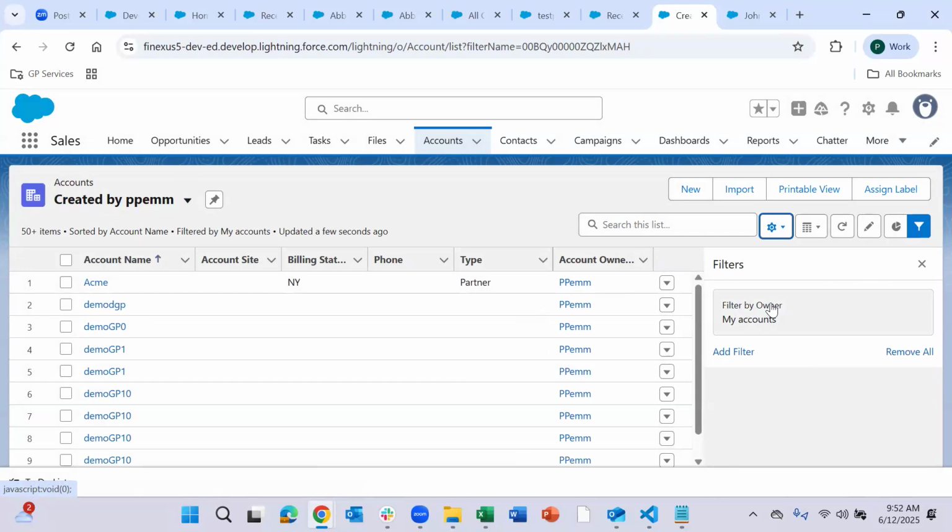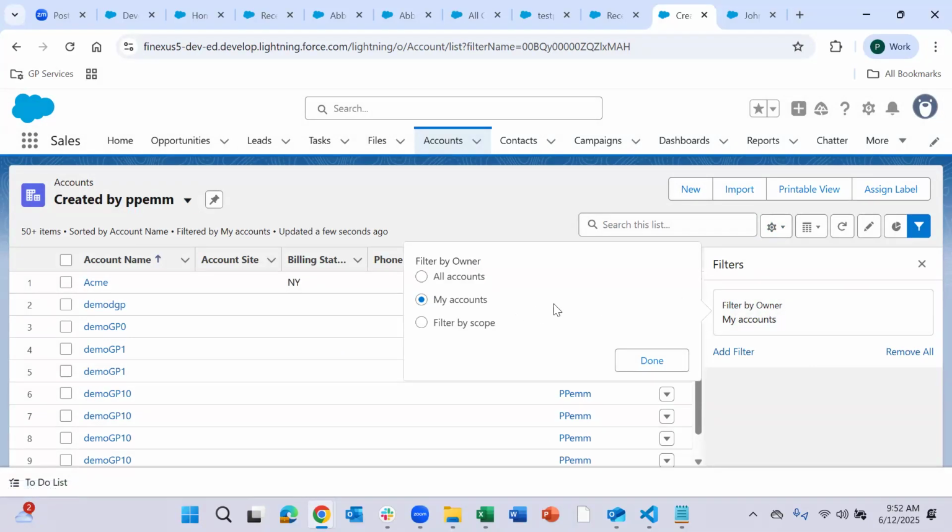If you want to change it, you can click on the same thing and see whether you want to first take all the accounts and then apply some filters, or take only the accounts which you have created and then apply some conditions on top of it, or choose some other condition, the scope, and then do it.